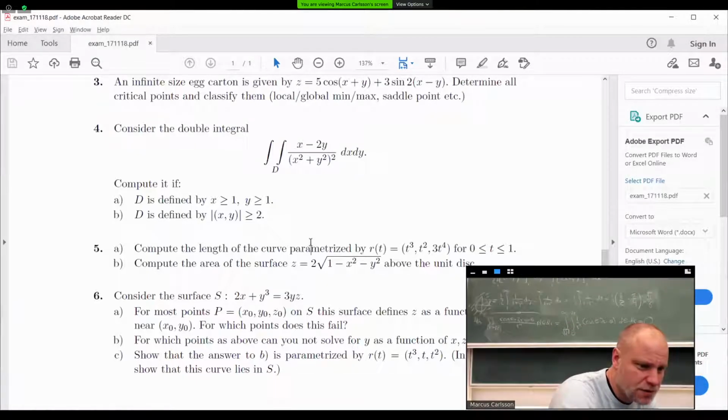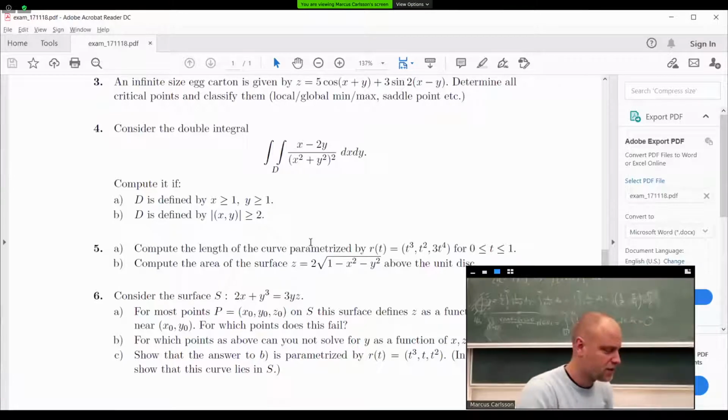If you think of t as time, then you differentiate that curve, you get a vector, which is the velocity. If you take the norm of that, you get speed. And if you integrate speed, you get length, right? So the formula for the length of the curve is just